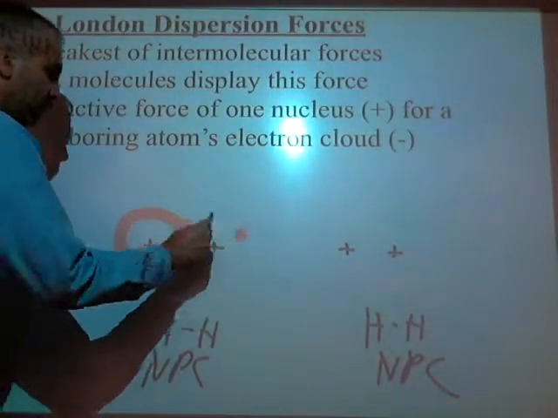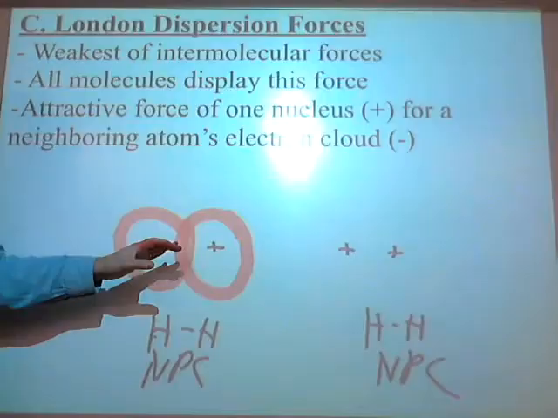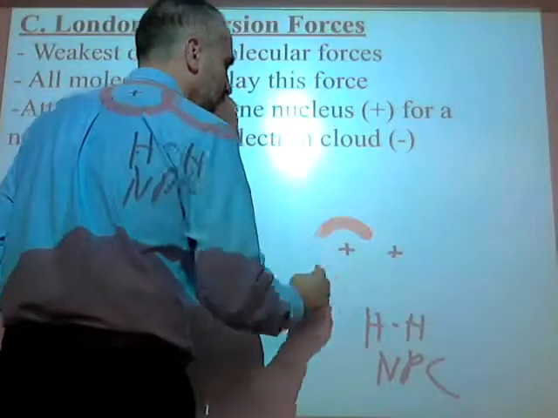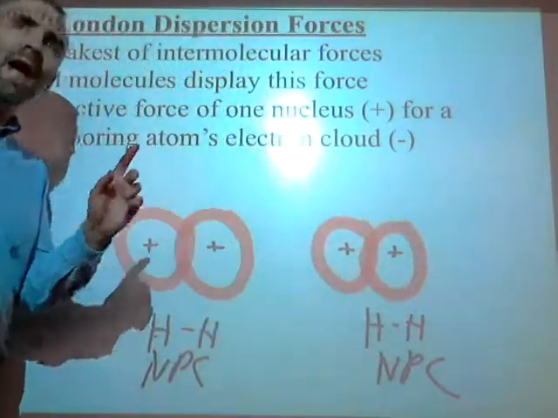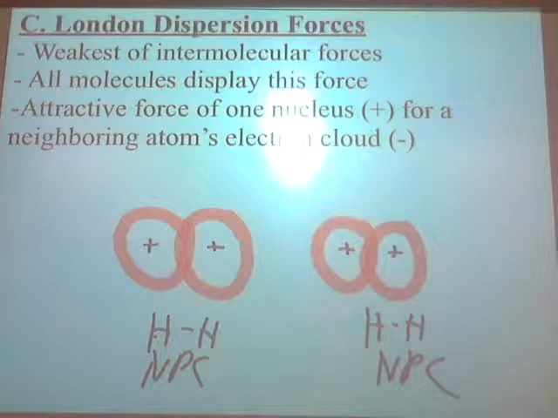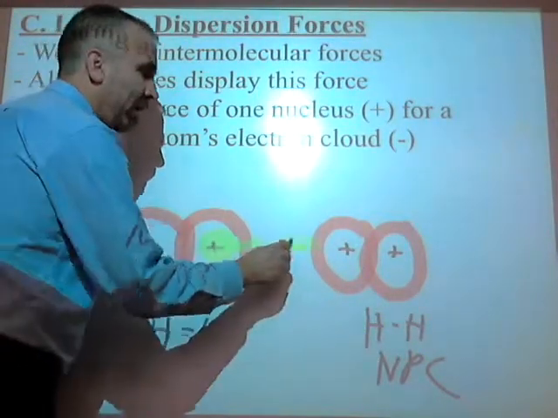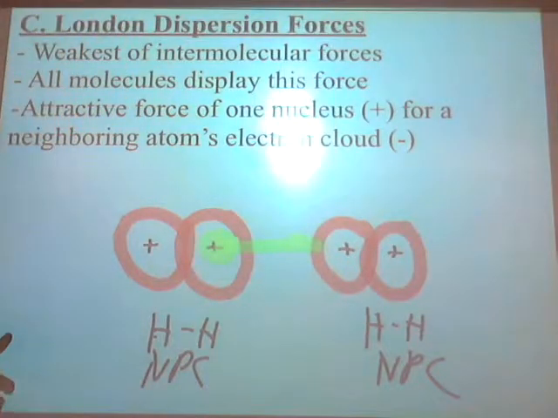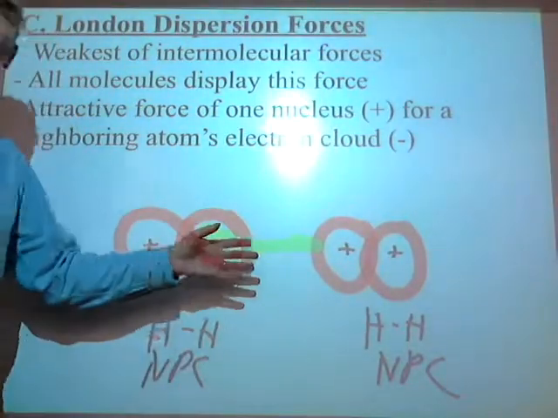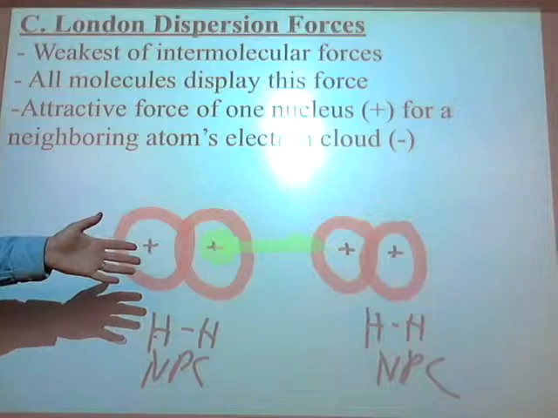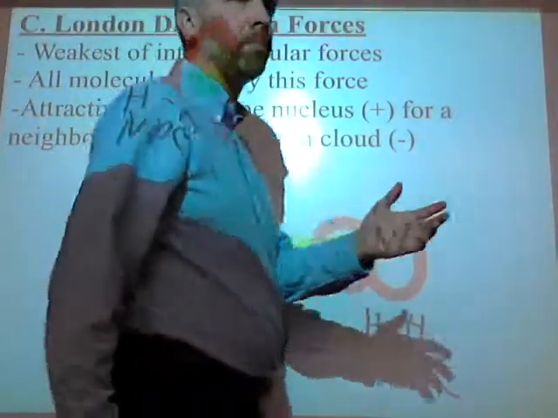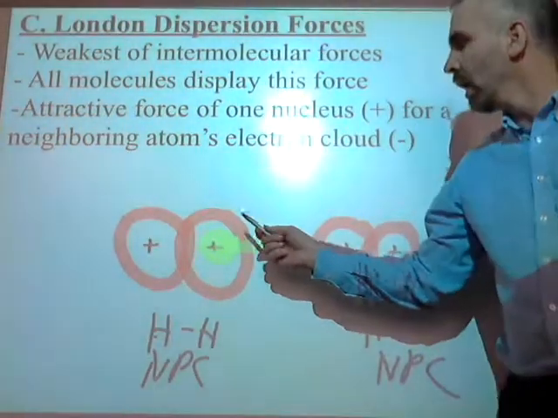Here's the bond for this one where they overlap and they share electrons. Okay? Here's the bond for the neighboring one. The attractive force I'm talking about has to be somehow due to this guy's nucleus and those electrons over here. Well, where's most of his charge going to get soaked up? By his own electrons, right? And there really wouldn't be any reason for him to be attracted to them if there was no charge, unless